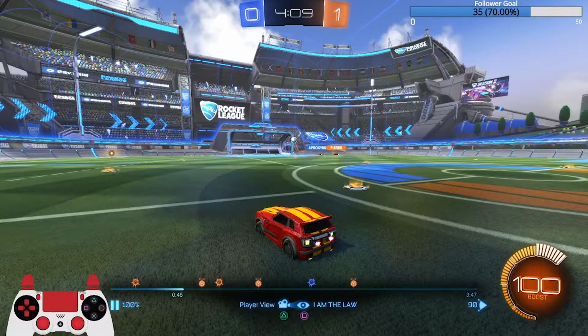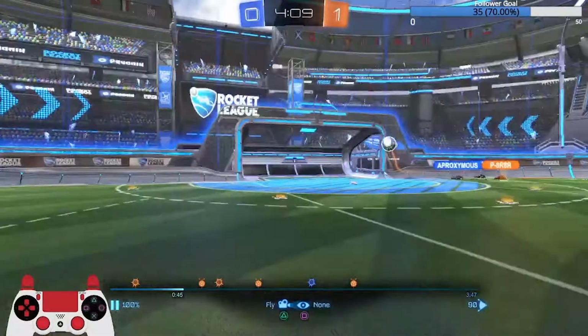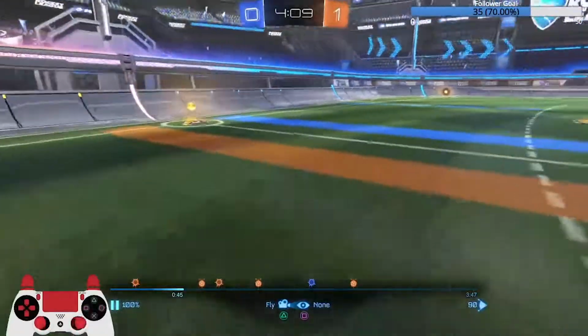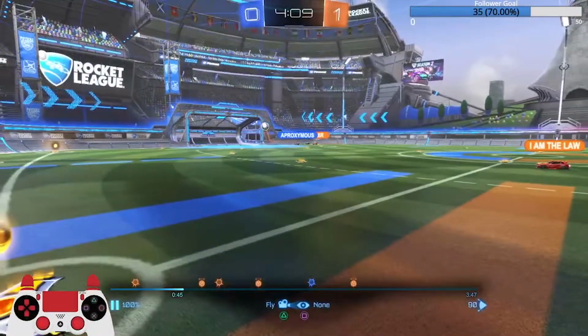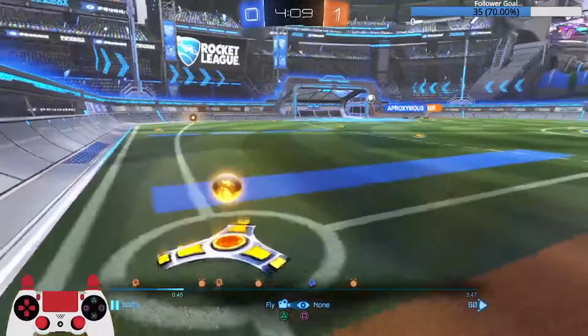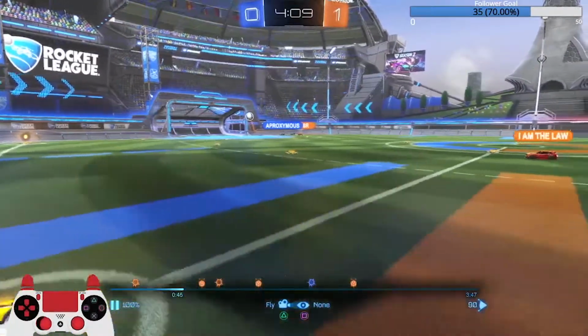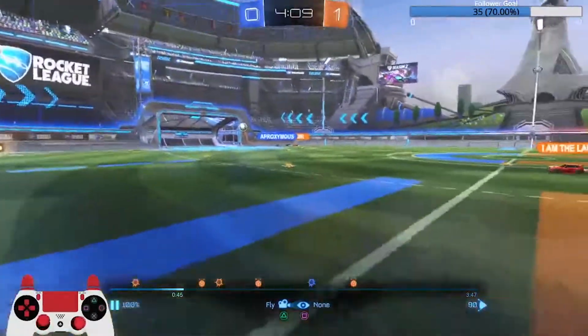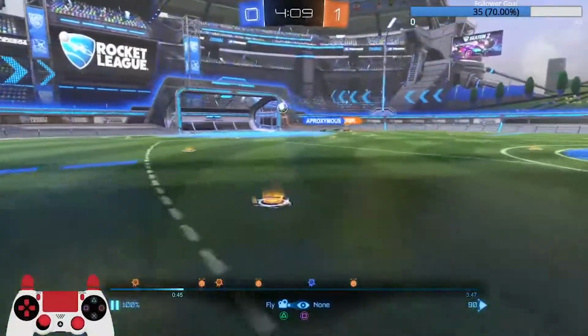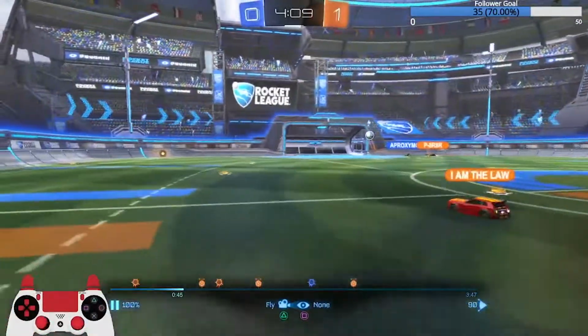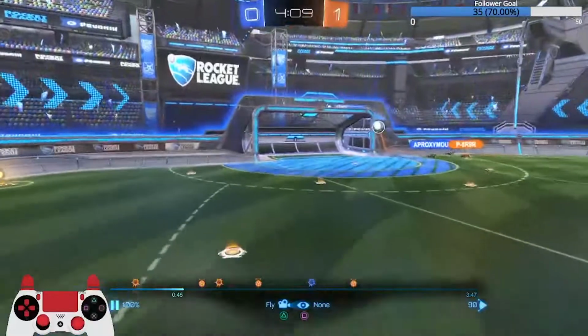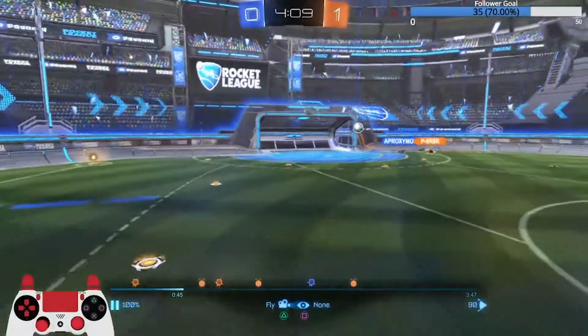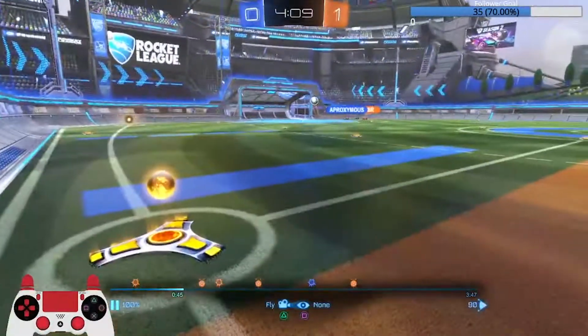In this sort of play, when I'm not shadowing the play and I'm not trying to support my teammate in a defensive role, what I like to do is start really wide. And the reason why is because any sort of momentum that you need to get, you can easily get it. And so obviously when you go for the actual play, you will have the momentum, but also you're available